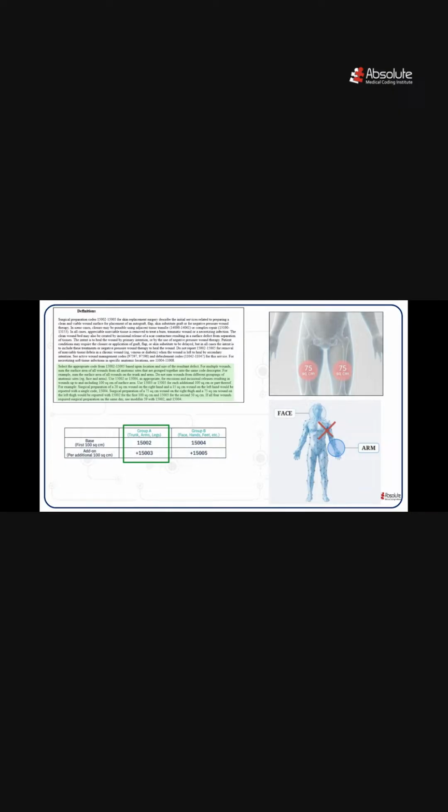Also, there is one more guideline you must remember: procedures involving the wrist and ankles are reported with the codes that include arm or leg in the description. So the wrist and ankle are included in the codes with arm or leg in their code description. All right, so let's move on